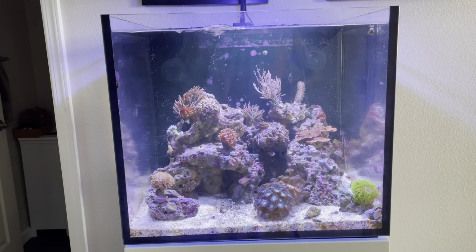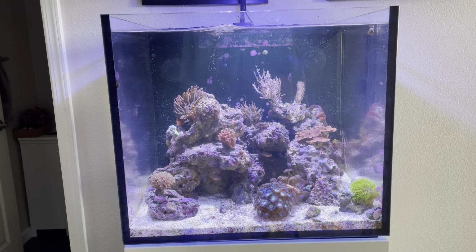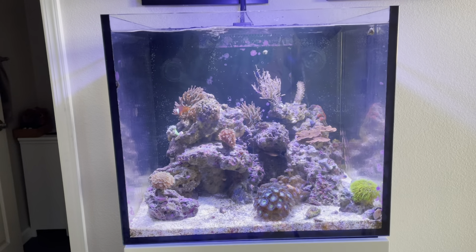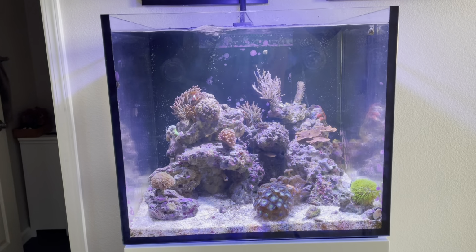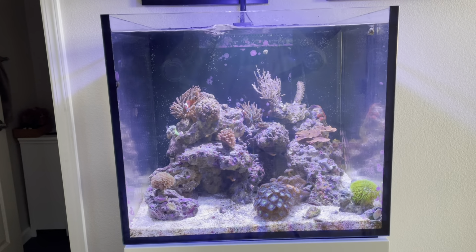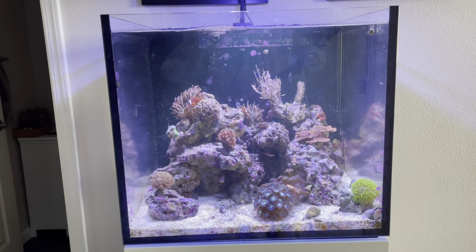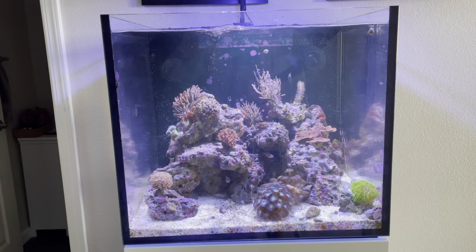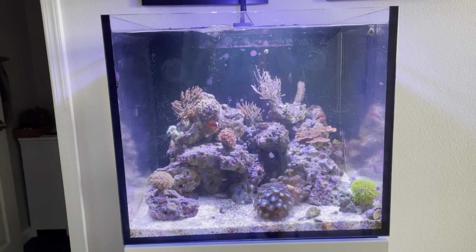You know, it's been quite some time since the last update, and I think it's time for another one. So at first, everything may look, everything does look fine if you just look at the entire tank itself, but if you look closely at some things,